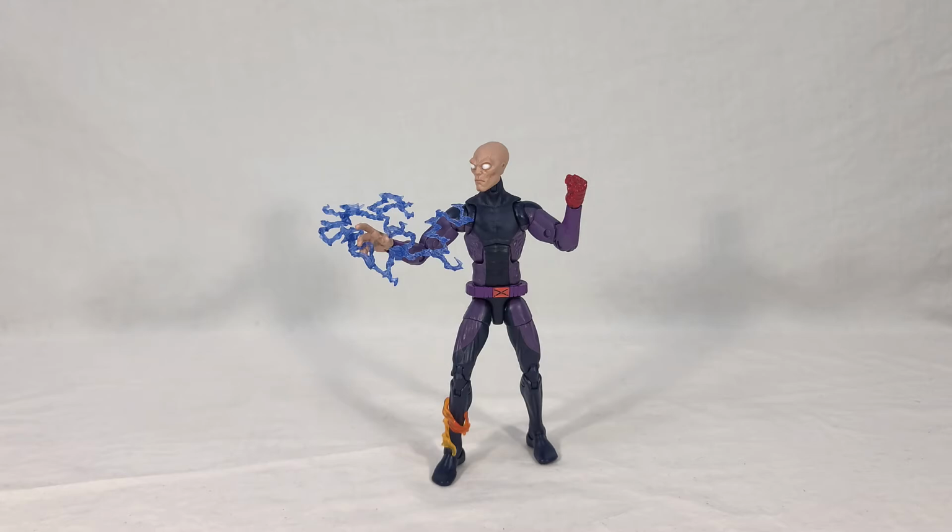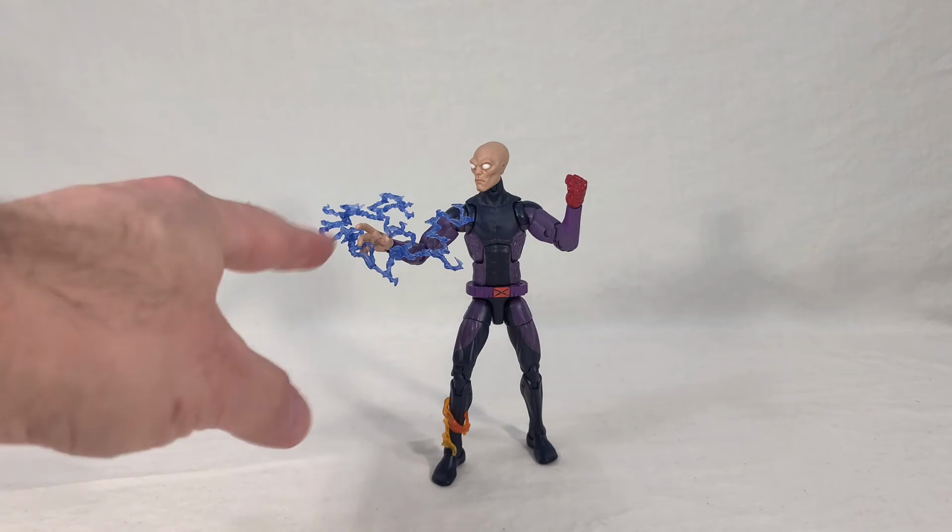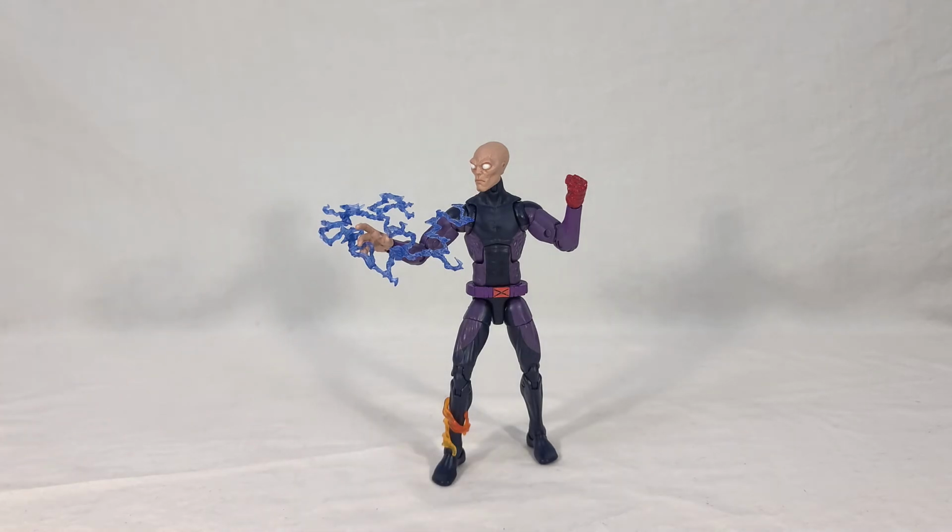Now here's a shot where I do what Hasbro won't and use accessories to show off Darwin's powers. So you can see I have one of his hands turning to metal, a leg turning to flame over here, and then the other hand channeling or turning into electricity. And it doesn't have to be all three, because obviously that's a lot of accessories to have to attach to this guy. But even one of them, just something to really show what Darwin does, would have made this a much better